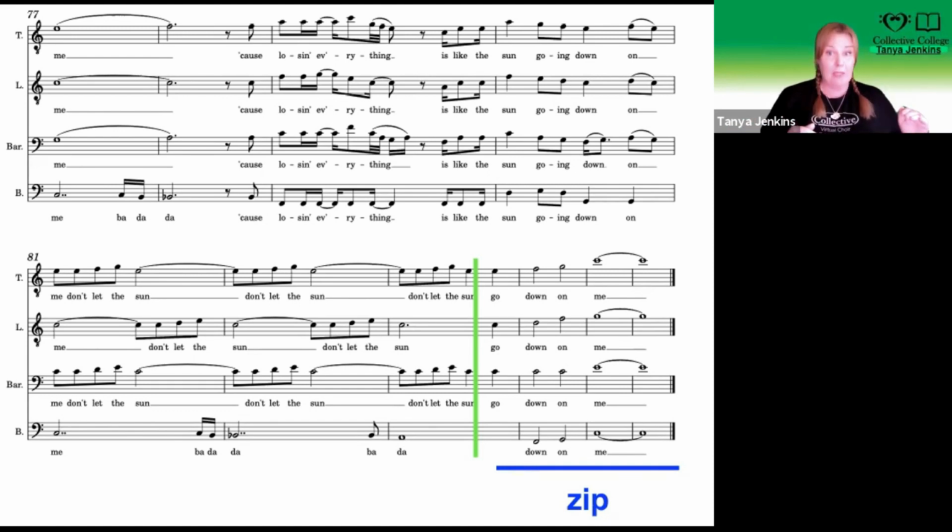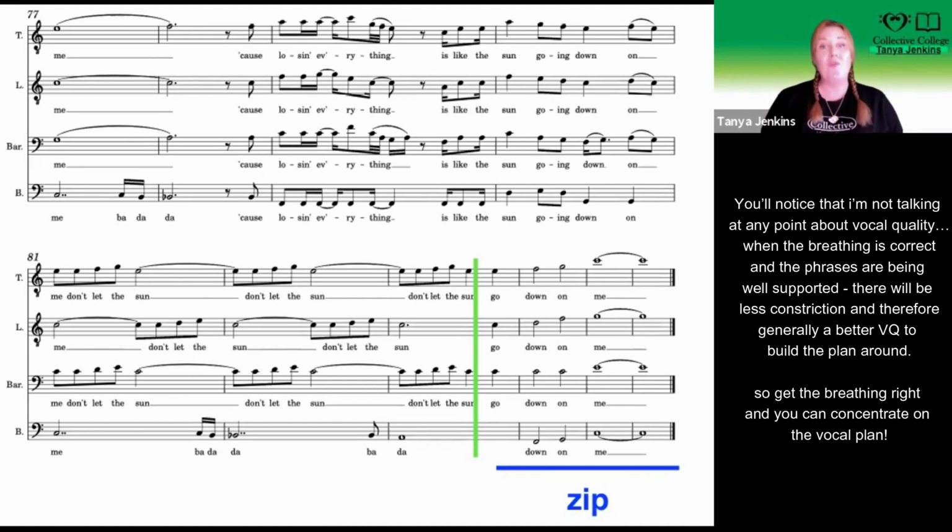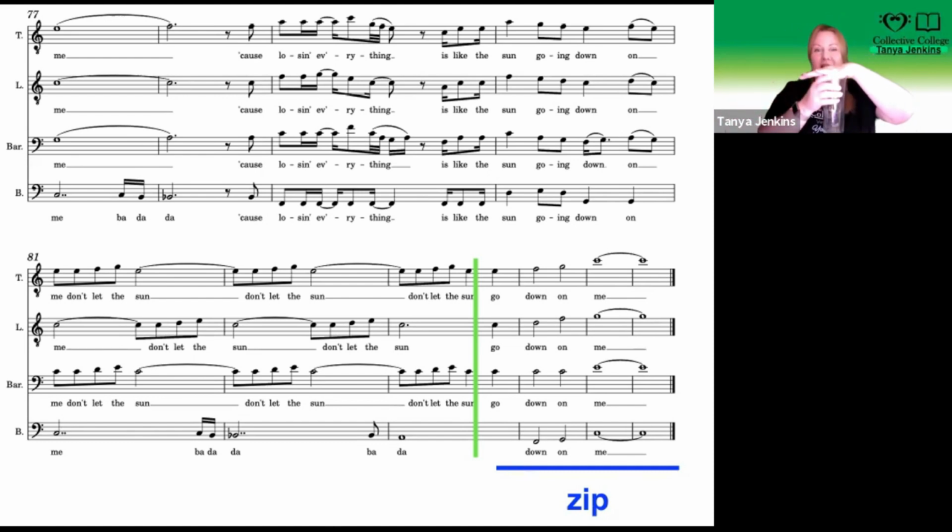We've done a hum, and we found that that's actually quite easy because there's no lyrics getting in the way and air coming out too quickly. So what we're going to do now is change the hum, and now I'm being mean, to a V sound, V for victory. Your V is going to sound like a buzzy bee or a wasp that is stuck in a glass with the lid on. So you're going to go